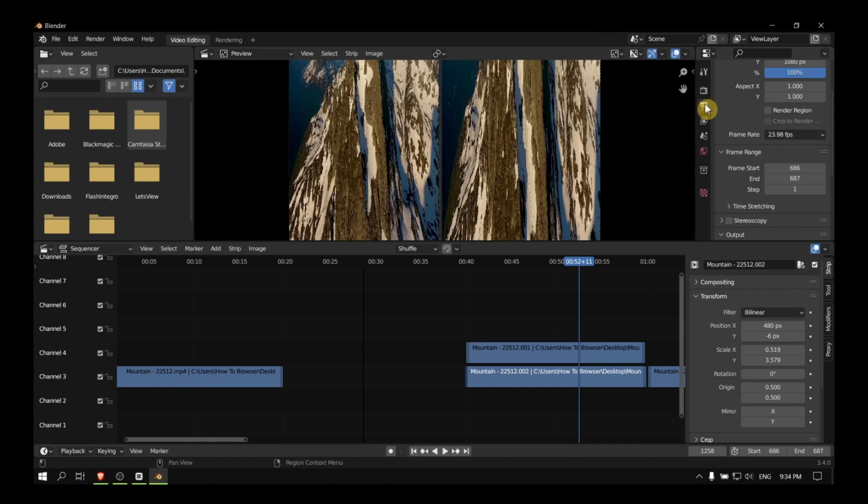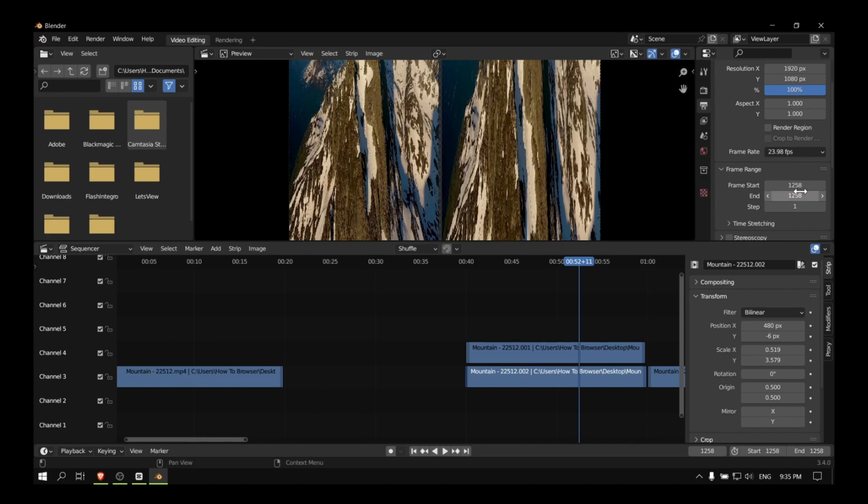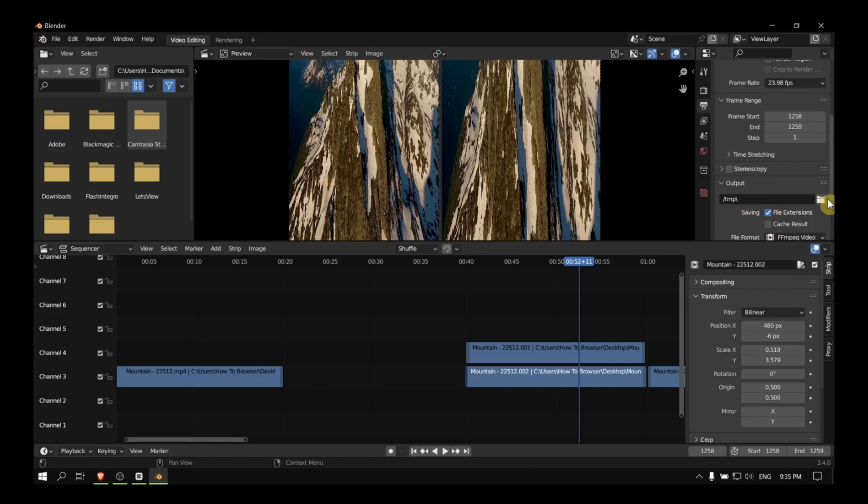To here, output properties, and here you have to enter the frame and again and add +1, like so. You have one frame here. And then let's go a bit down from here. You can